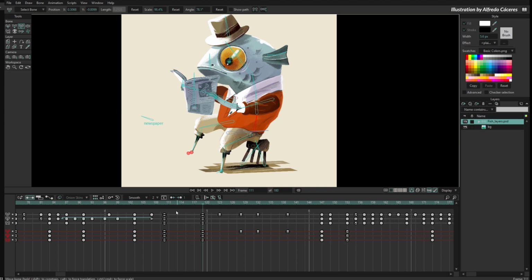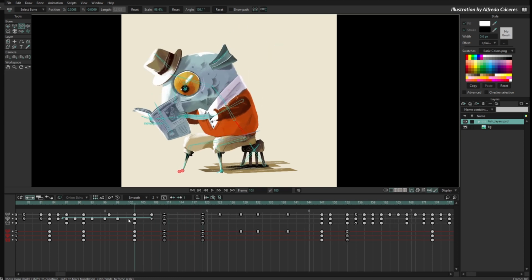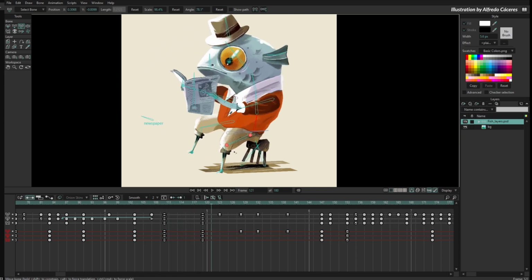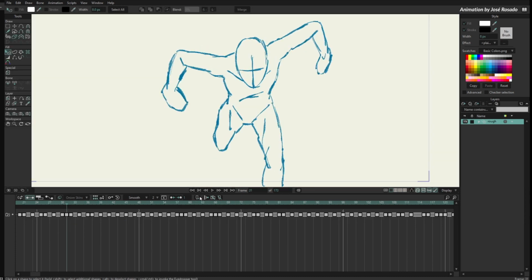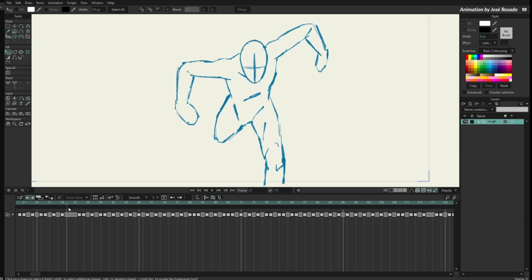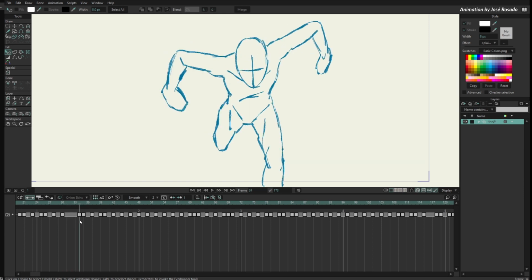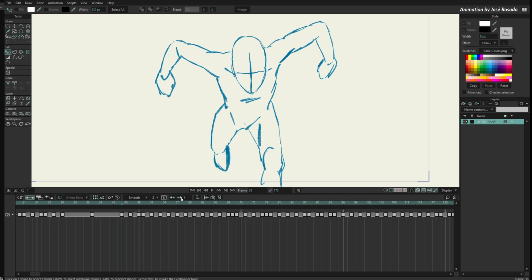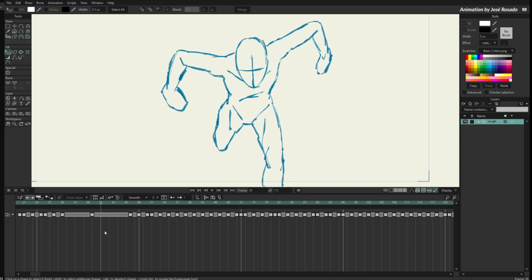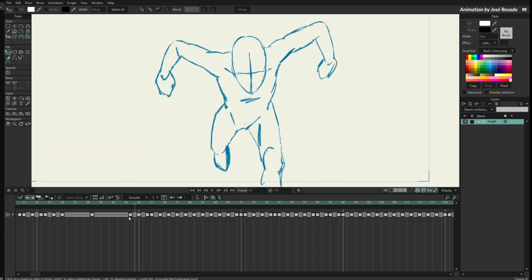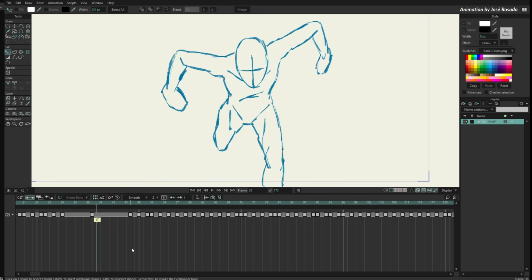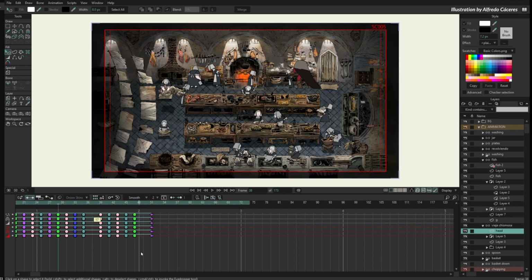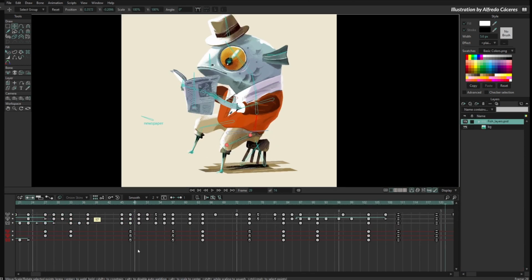Alright, so this is very useful for retiming the animation, especially also if you are animating frame by frame. This also works with the frame by frame layer, so I can hold one frame longer than the other just by doing that. So I'm retiming the entire animation here. Alright, so let me just go back to the fish file,